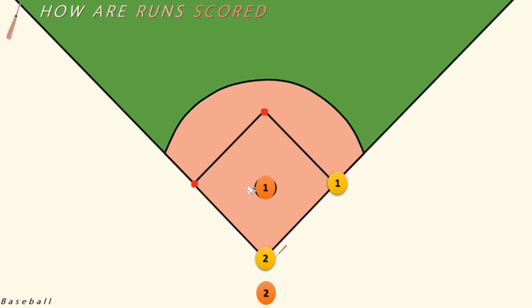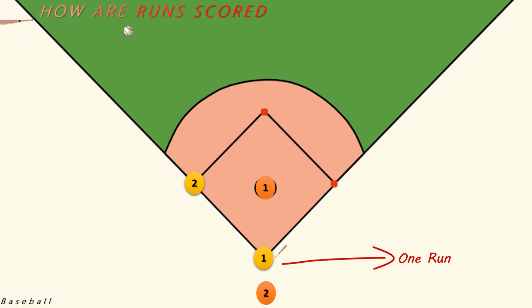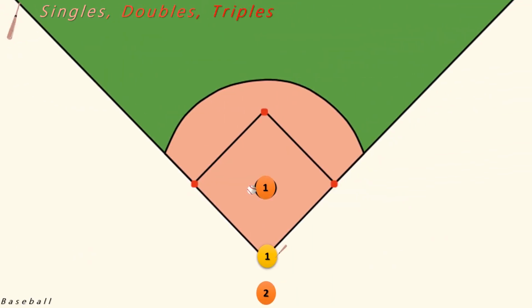Runner and batter can choose to run and touch more than one base in one hit. However, it is difficult to do without getting out. That is tag. There are 4 types of hits.